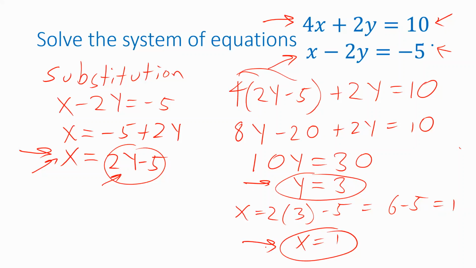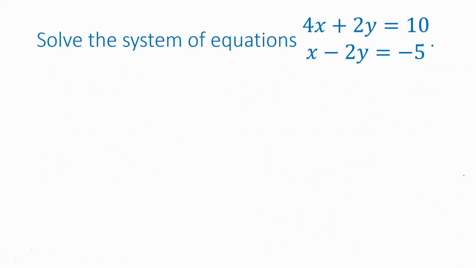Okay, so this was one approach. This was the substitution approach for solving a system of linear equations. Now, let's try another approach on the same system. We're going to use the addition method this time instead of substitution. The idea of the addition method is similar. We're still going to try to eliminate one of the variables